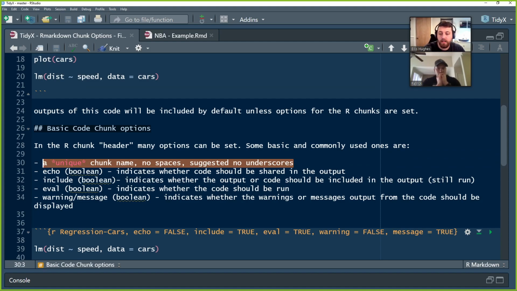And so what that unique chunk name indicates is as you're processing the R Markdown, it's going to show you, hey, I'm running this chunk name, and this is how far along I am in executing the code. And this is helpful for a couple reasons. First, when you're editing your own R Markdown script and collaborating with somebody else, you can tell them, hey, I'm in the chunk titled regression cars,